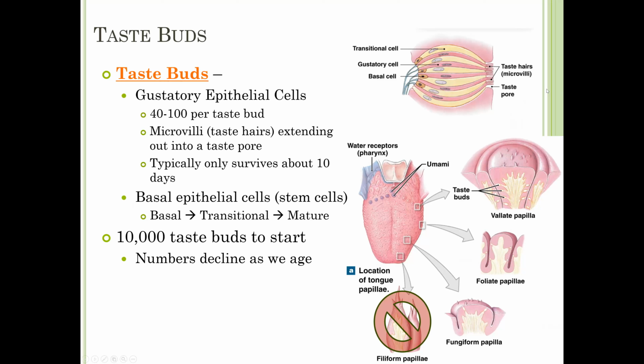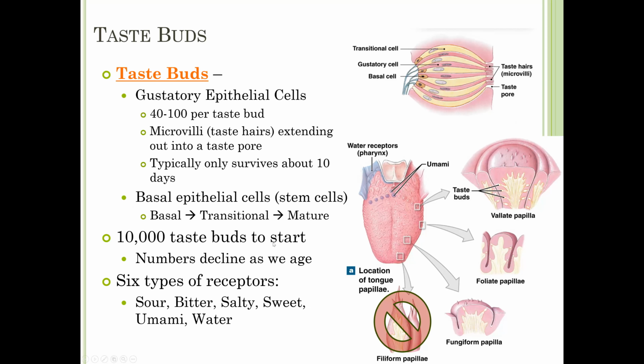So when you're born and you grow up, you have about 10,000 taste buds to start on your tongue as a whole, but the numbers do decline as you get older. So you have a higher sensitivity to taste when you're really young. This is actually why a lot of children don't like a lot of foods, because they taste quite strong to them. And then as we age, we might start eating things that we wouldn't eat when we were a child because it no longer tastes as strong. And then elderly people sometimes have a complaint that all of their food tastes bland because they have lost a significant number of taste buds.